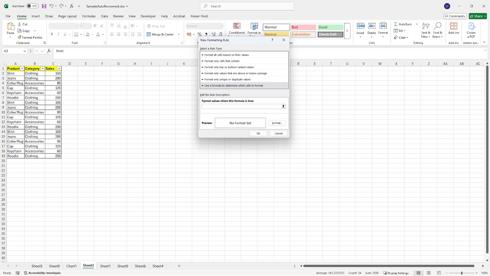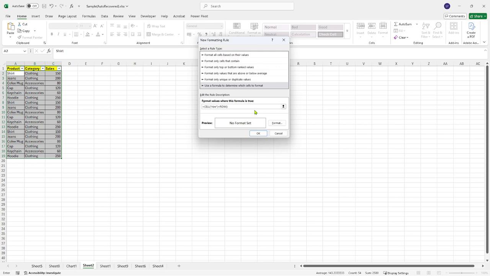Once you have that option selected, you'll need to enter a formula in the designated box. So begin by typing an equal sign. This signifies the start of the formula. Following the equal sign, type the word cell, then open parenthesis and add an apostrophe. Continue by typing in the word row, followed by another apostrophe, and then close the parenthesis to complete this segment. You'll then type another equal sign. Directly afterwards, input the word row, followed by open and close parenthesis without incorporating any spaces between them. This expression essentially serves to match the row of active cells, thereby determining which specific cell will take on the